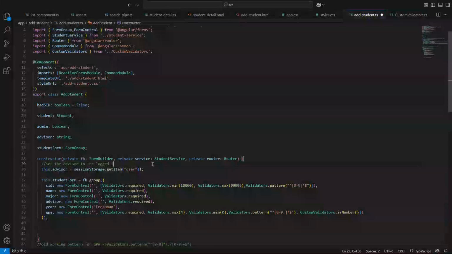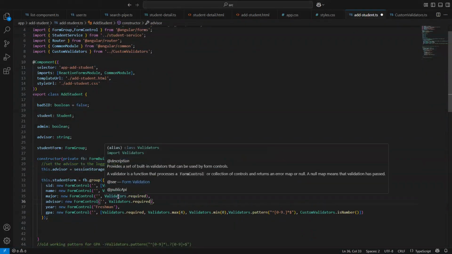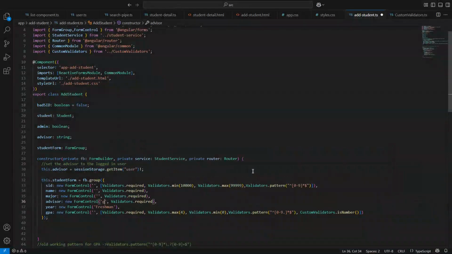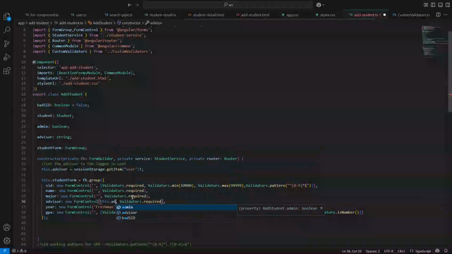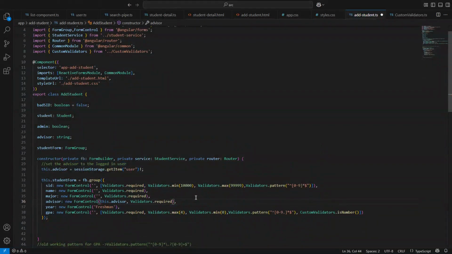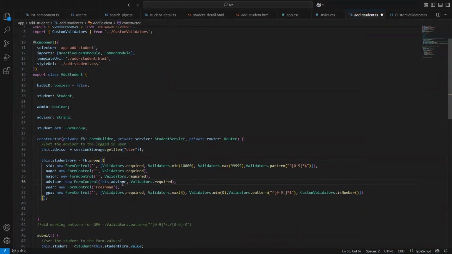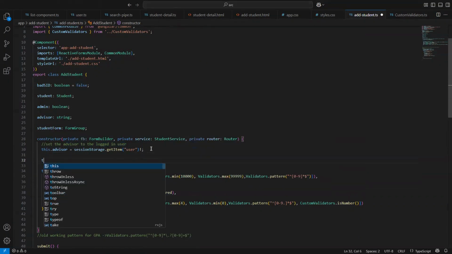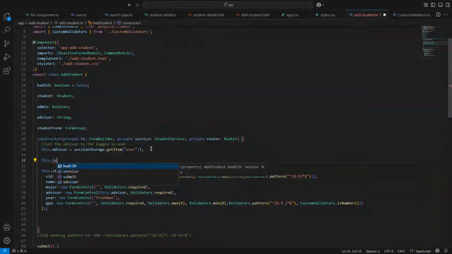To the logged in user. Now, a couple things. By default, I'm going to make this my default, and you're going to see this right here. Actually, I think that's going to set it to be a string rather than... there you go. That's going to set it, so that's going to set it to be by default the advisor. Great. What I also want to do is set this dot admin,